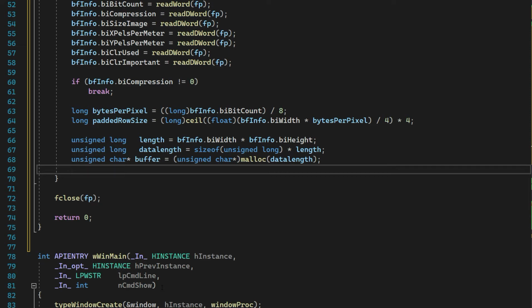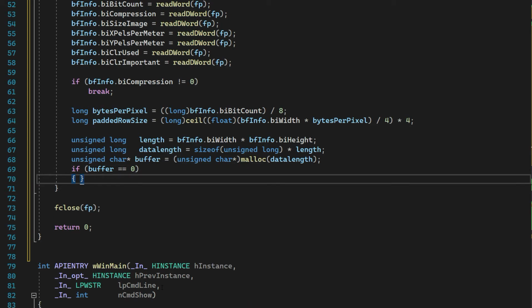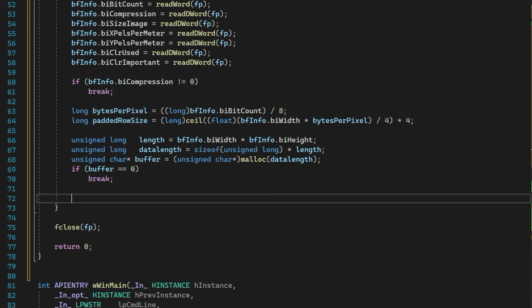Okay, now you have to check the buffer. Okay, if buffer equals 0, oh no, there's nothing to do. Break. Okay. Okay, for